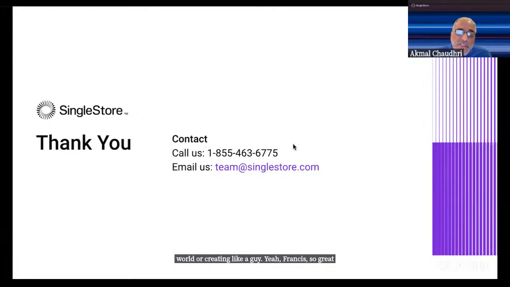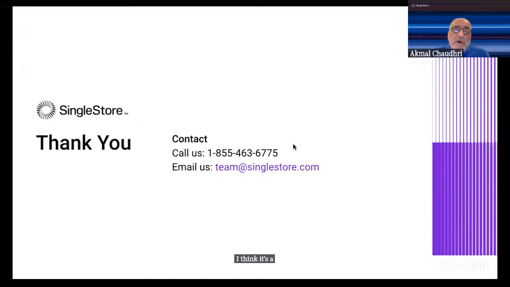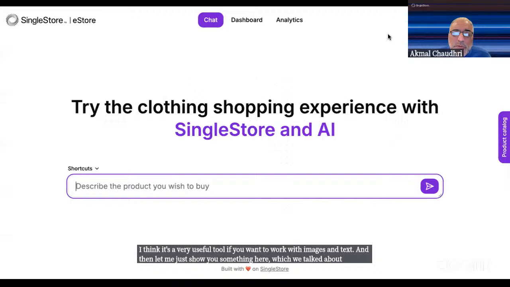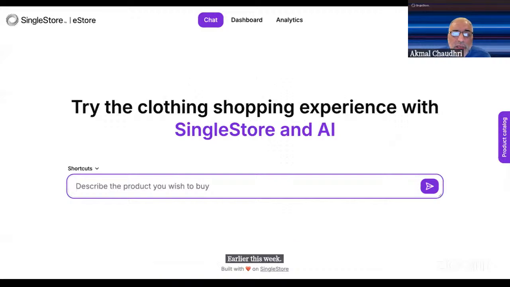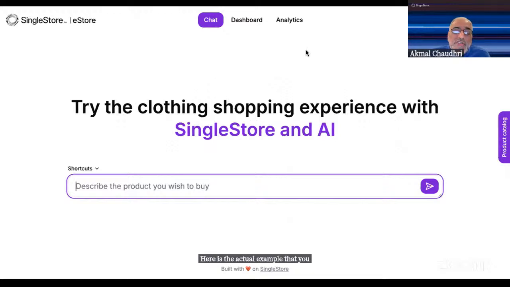So if you're asking about Clip itself, I think it's a very useful tool if you want to work with images and text. Let me just show you something here, which we talked about earlier this week. I promised I would bring this up. We were working on, for example, building an e-commerce site. I didn't show you a demo of a working site, but what I showed you were the elements of one. Here is the actual example that you can look at,